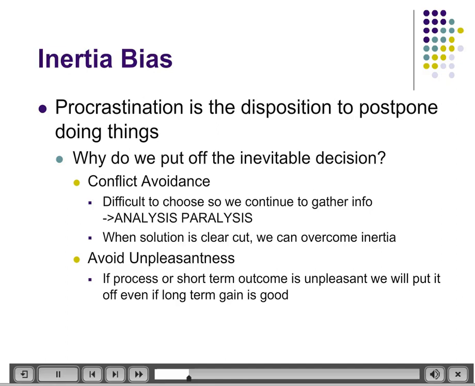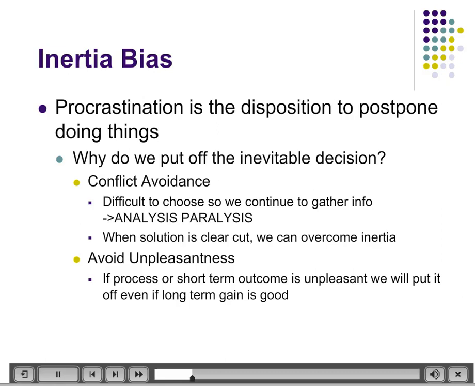The next decision-making bias we'll discuss is the inertia bias. And we're already familiar with the inertia bias from listening to the Jonah Lehrer audio interview when he walked into the cereal aisle and had paralysis by analysis. He spent so much time trying to gather information and felt so much pressure to make the perfect decision that he put off the decision because he was afraid to commit to a particular outcome. And so when we see that there may be a conflict in our choices, when they're almost equally weighted, it's very easy for us to get caught up in analyzing and